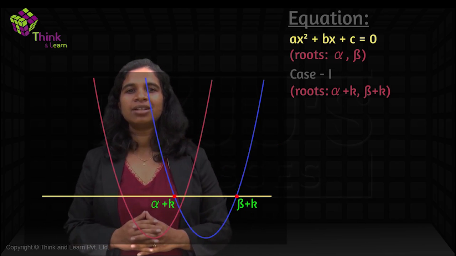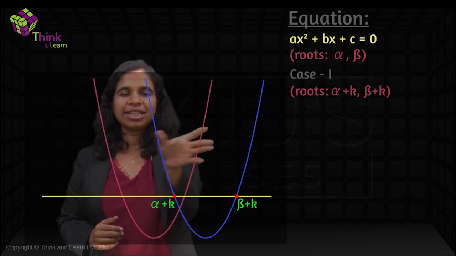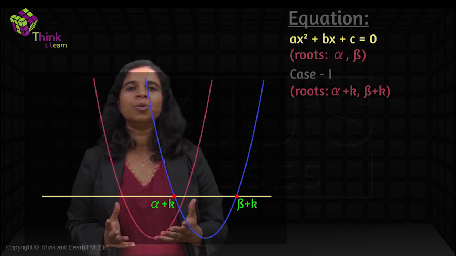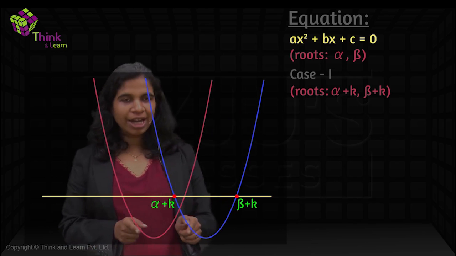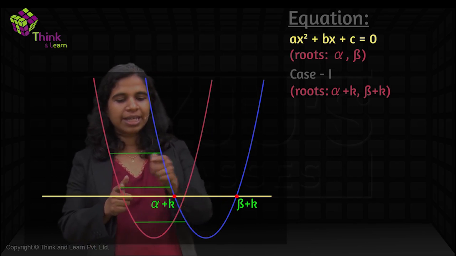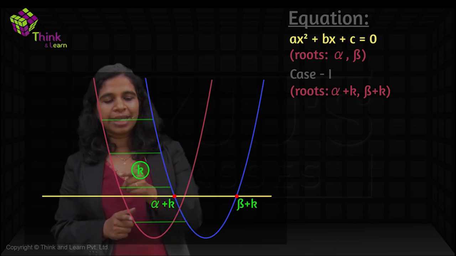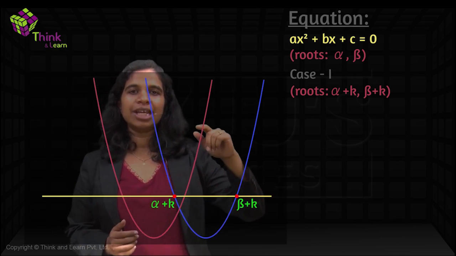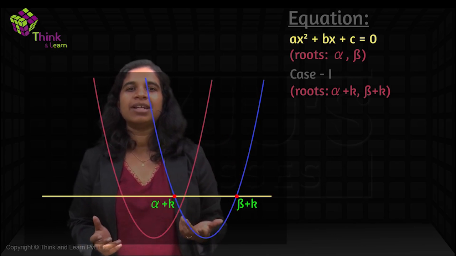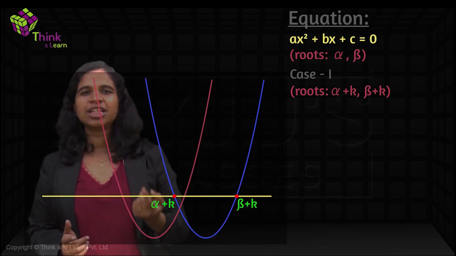How will you get that? You already know, right? If you have to bring this equation back to its original place, what do you do? Move left by k units, right? Every point x here is basically moved ahead by k units, so you'll move it behind by k units, or left by k. Moving left by k means in place of x, we'll put x minus k. That is the first thing we learned in the chapter, right?